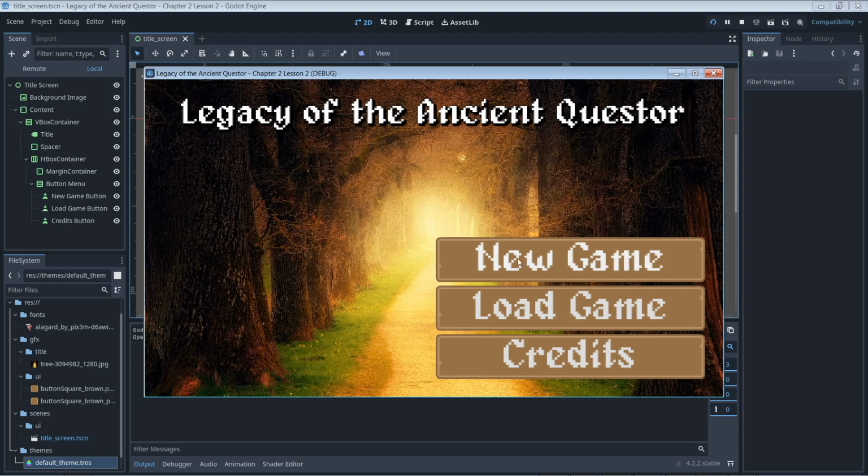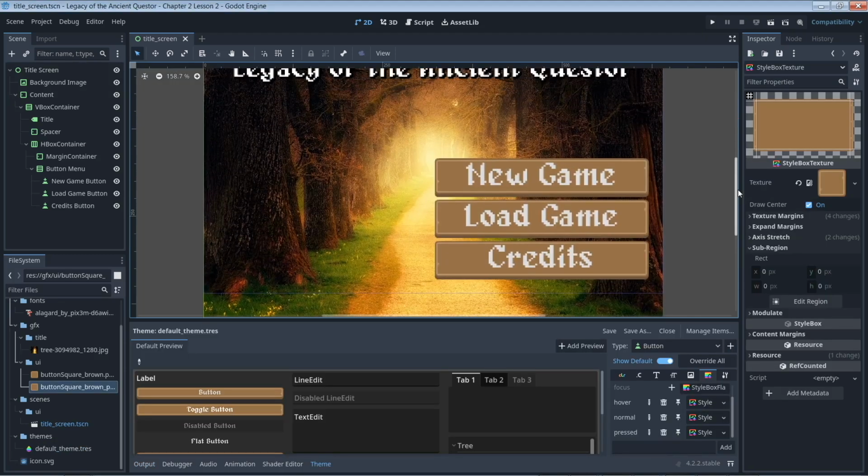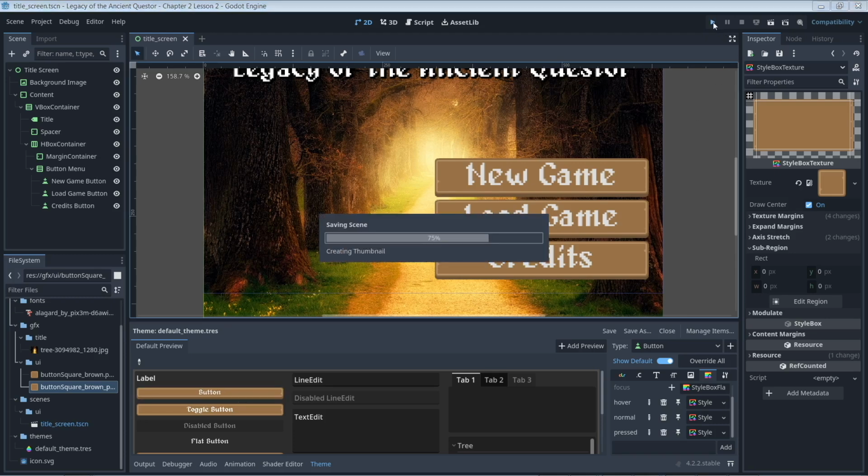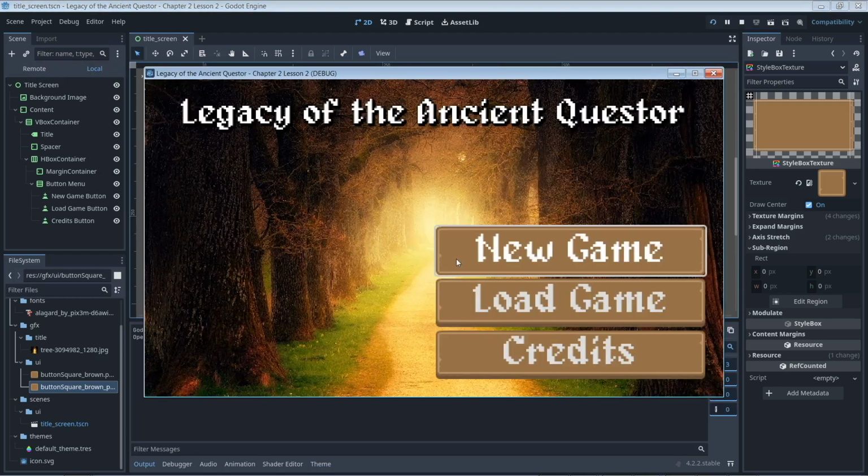So now you can see, and it's very subtle here, but if you mouse over the buttons, then the button will highlight slightly. And if you press it, all right, so it looked like there was a slight glitch. It looks like I somehow accidentally swapped the textures for the pressed and not pressed buttons, but that has been fixed. So now if you run the scene and you press the buttons,